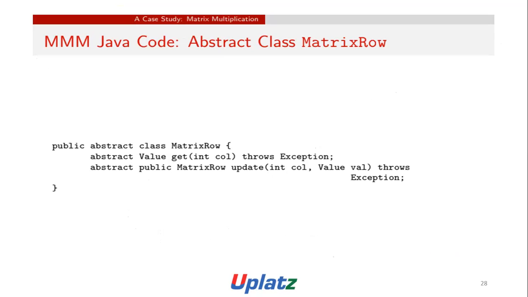Abstract class MatrixRow. public abstract class MatrixRow { abstract Value get(int column) throws Exception; abstract public MatrixRow update(int column, Value val) throws Exception;